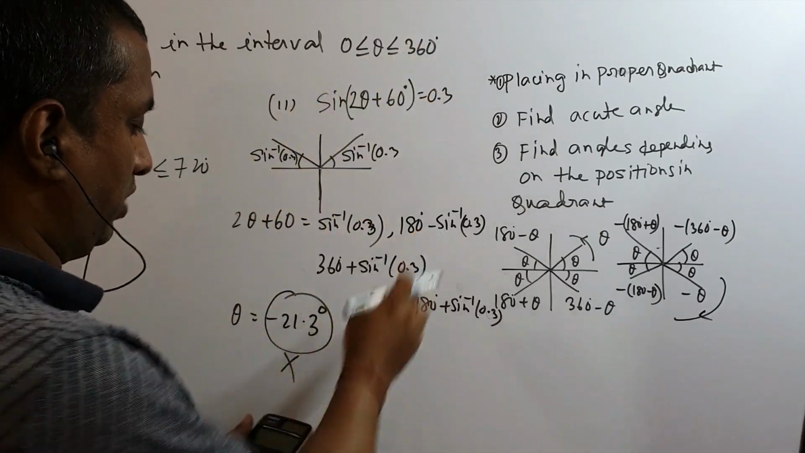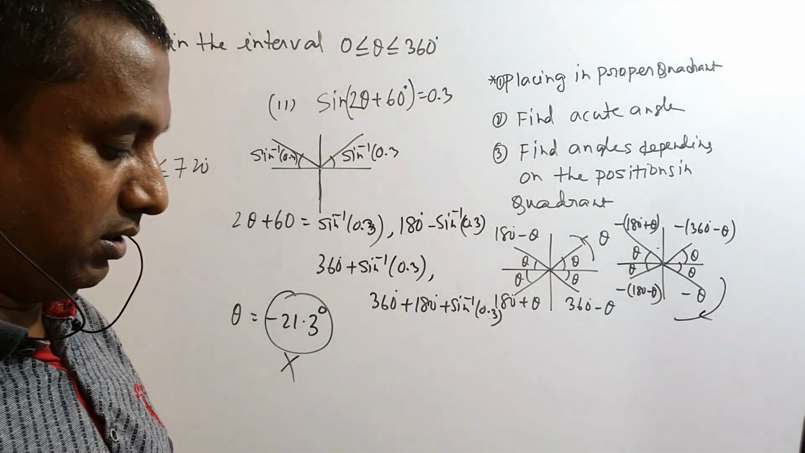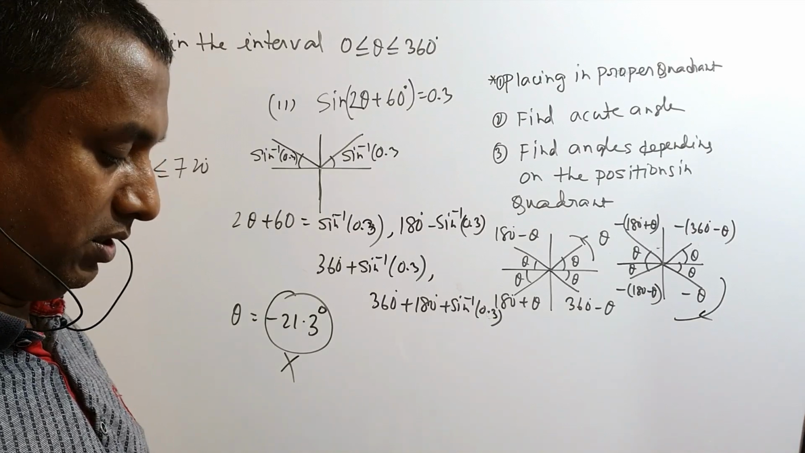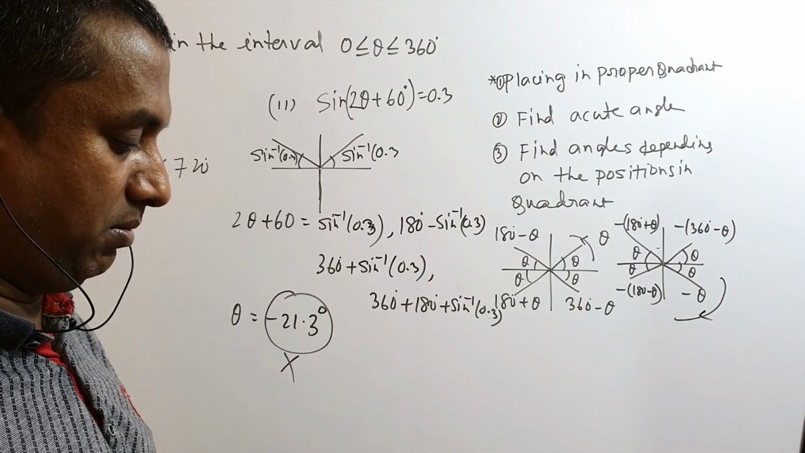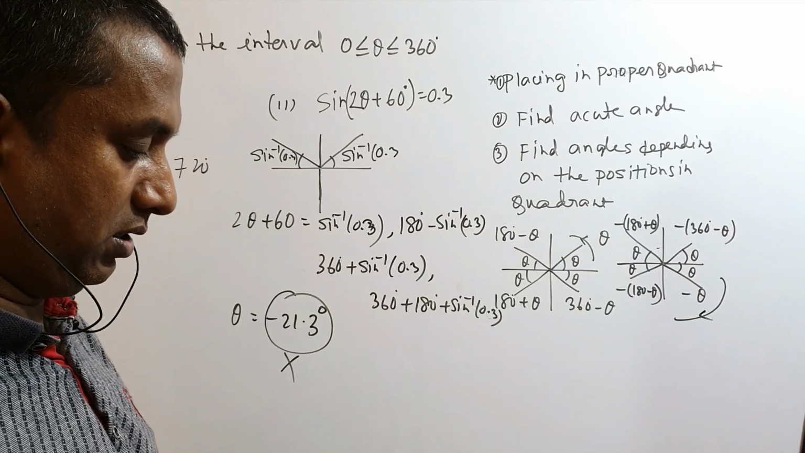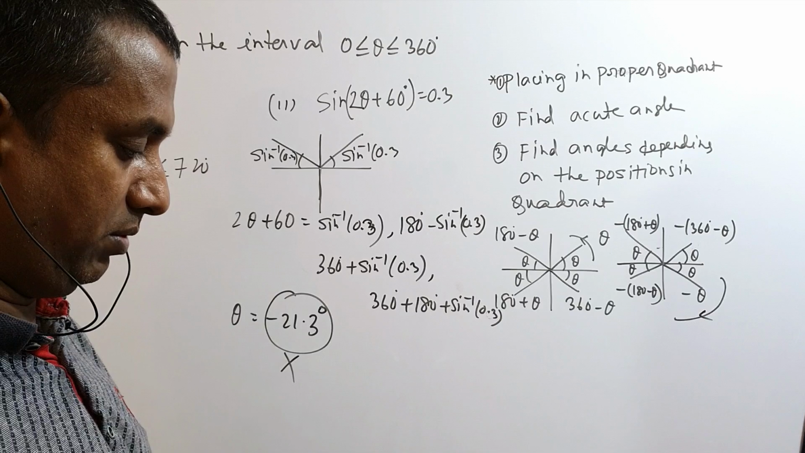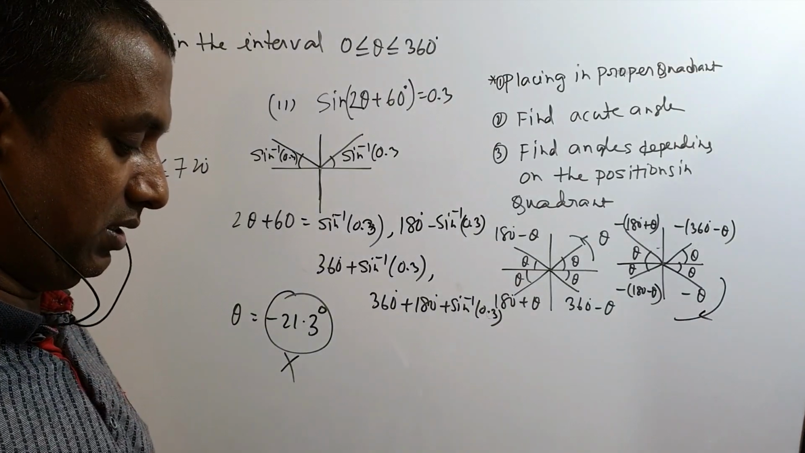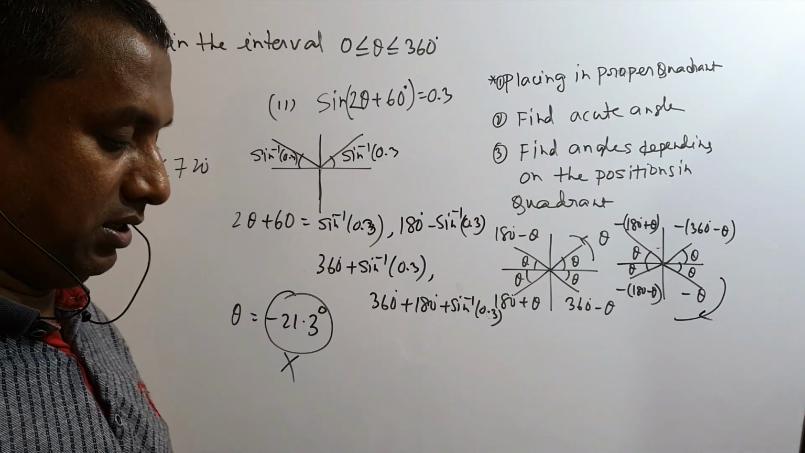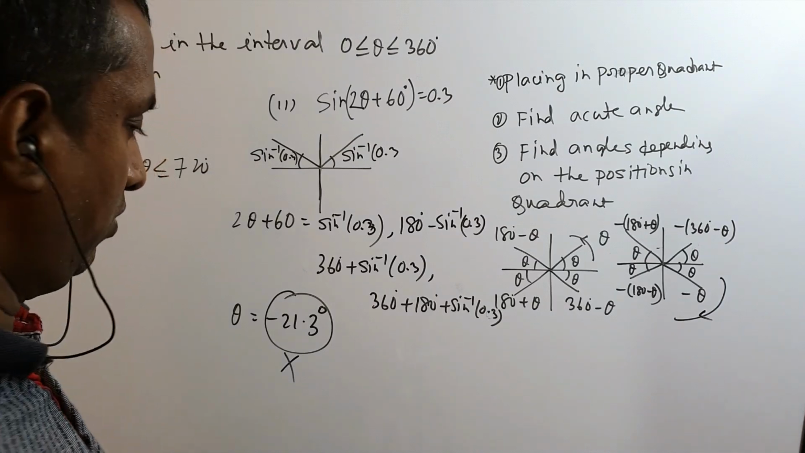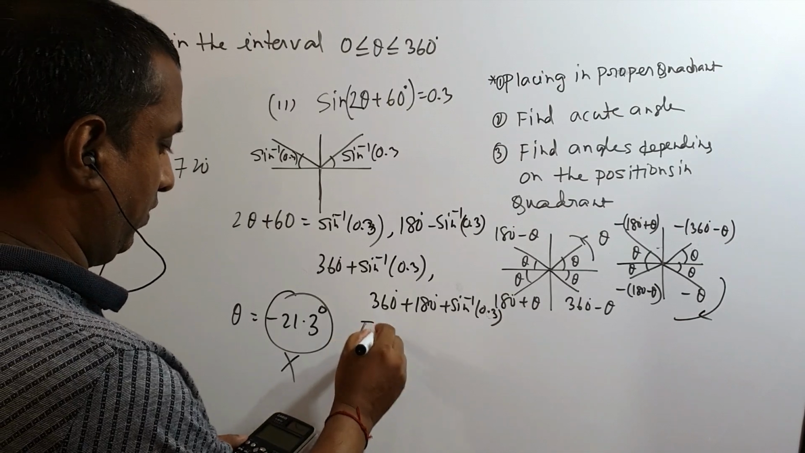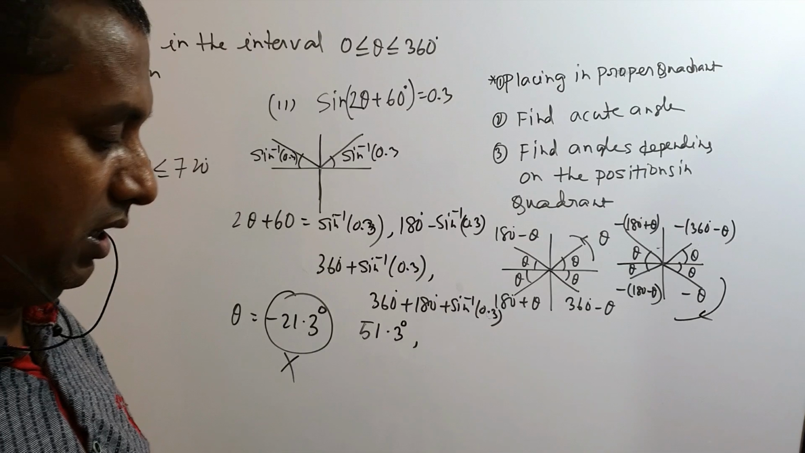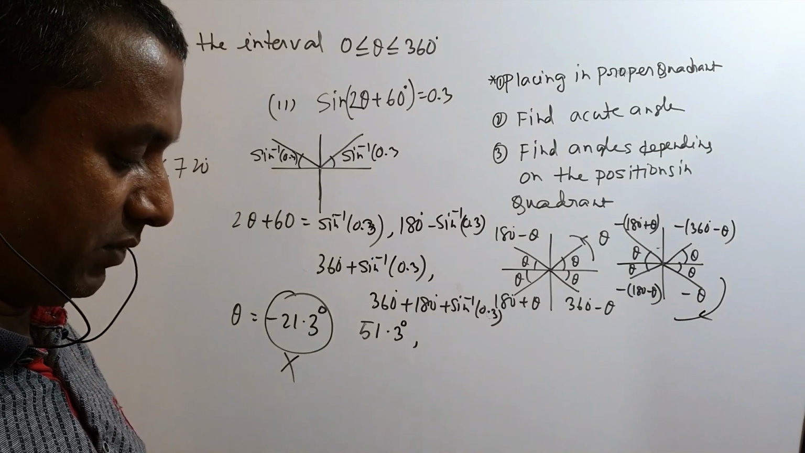Now let me try this one. Let me write here 180 minus sine inverse 0.3, put the equal sign, then subtract 60, then divide by 2. So you are having now 51.3 degree. This is one answer we can accept. Now let me use 360 plus